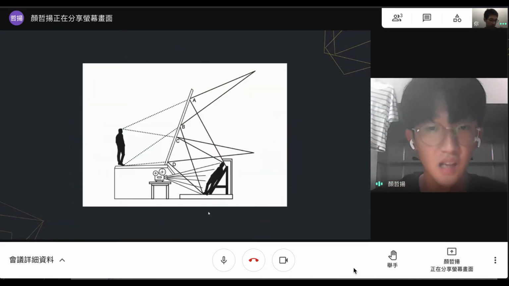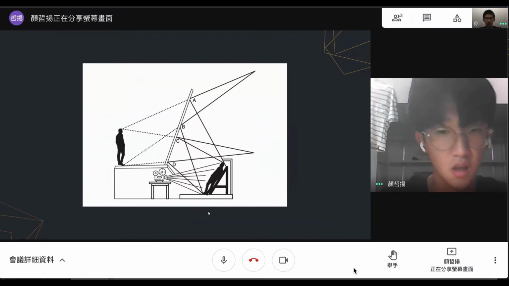And how does it work? To produce the image, there should be a screen on the stage, and this screen is usually a big piece of glass. Glass is transparent but also can reflect light. Under the stage, a real performer performs, and the performer's image will be projected onto the screen. Thus, the audience can see both the performer and objects on the stage. It makes the audience have the illusion that the performer is really on the stage.